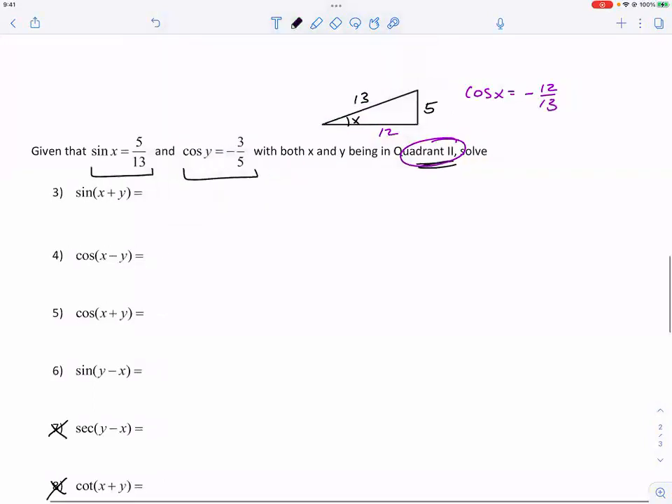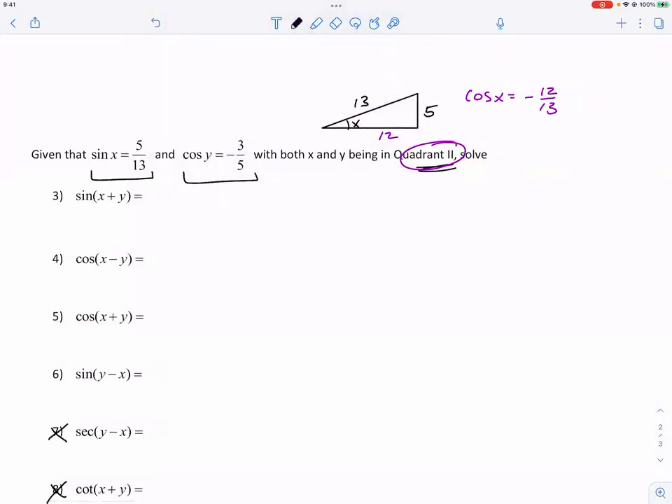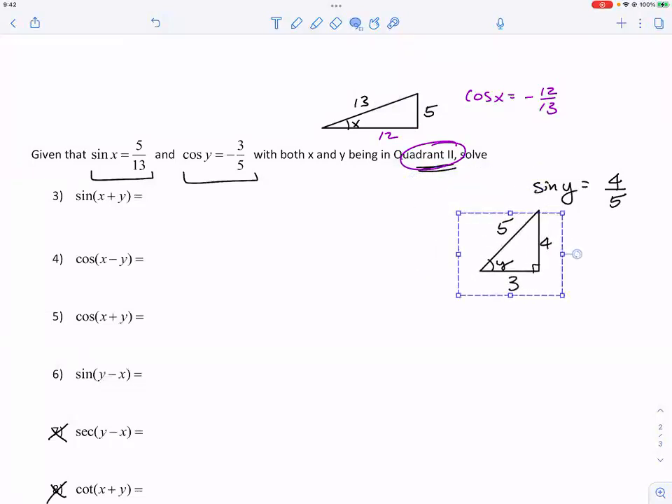And for the other triangle, we have angle Y. It says cosine Y is negative 3/5, adjacent over hypotenuse. So that means our sine Y must be 4/5, and it will be positive because it is in quadrant 2. With these two angles, these two triangles drawn, and the ratios given here,